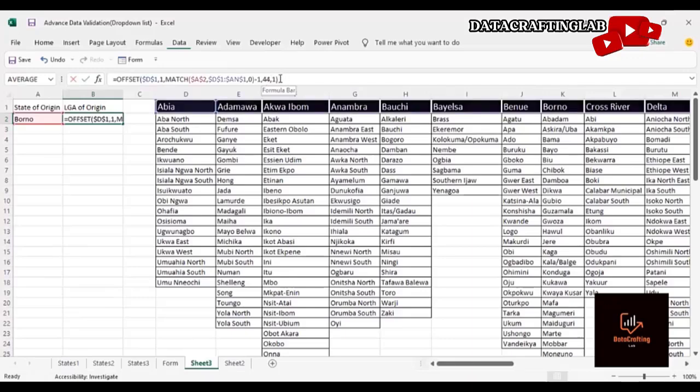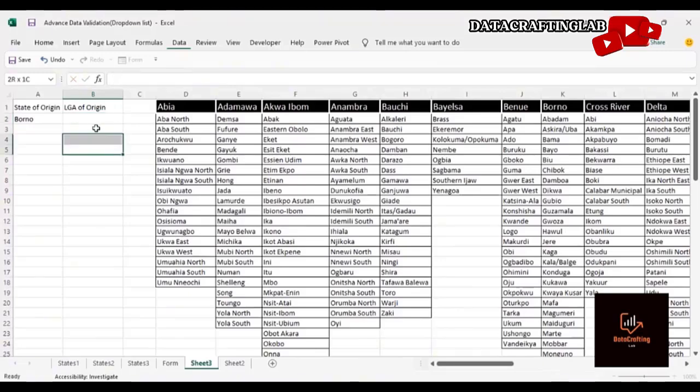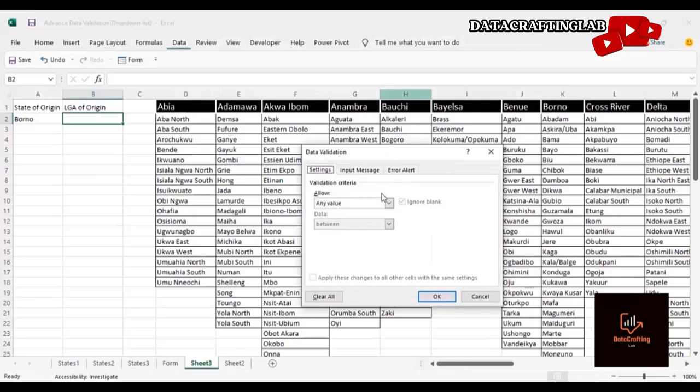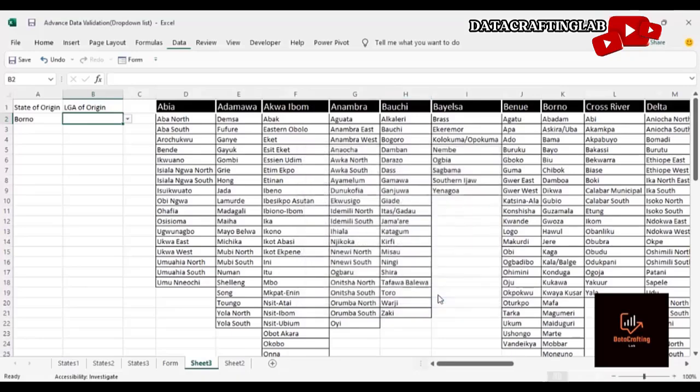So at this point, I'm going to copy this formula. I'll cut rather, Ctrl X. I've cut it. Then at this particular local government, I'll come to Data again. I'll paste it for my data validation. For the formula, I'll click on List under Allow. What I just cut, I'll paste. I'll click on paste. So what it means now is this: for Borno,